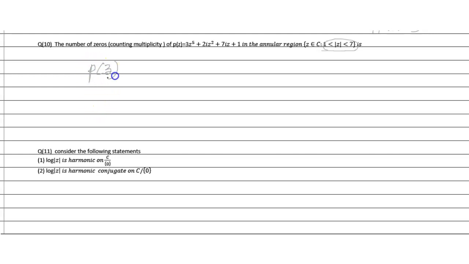So p(z) equals 3z to the power 5 minus 2iz square plus 7iz plus 1. Must remember, friends, and here you get that 2 mod of 2iz square plus 7iz plus 1 is less than or equal to 2 into,